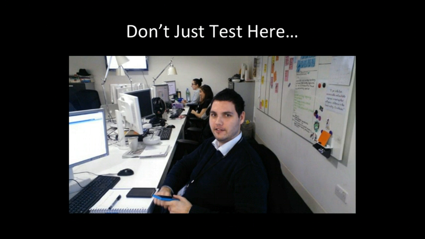Another mobile testing gotcha, and this is often a big one, is staying in the office. So do not just test here. I mean, this is a nice office. It's nice and kind of quiet and clean, and it has people like Mr. Dan Ashby there testing in perfect Wi-Fi and under artificial light. Now your users are probably not testing in perfect Wi-Fi under artificial light. They're probably on a train or in a pub or walking around.